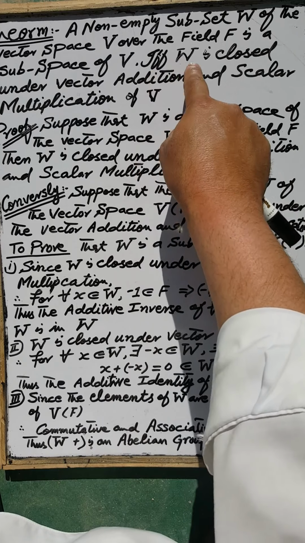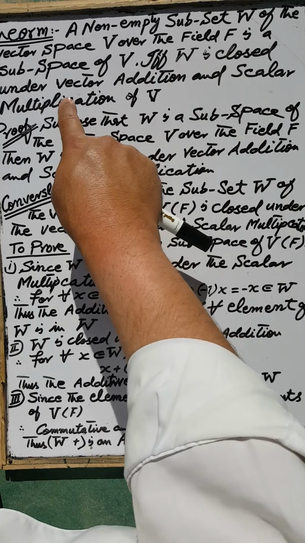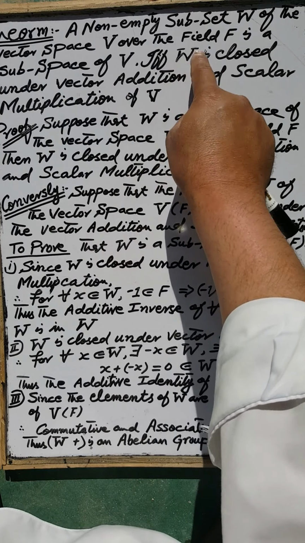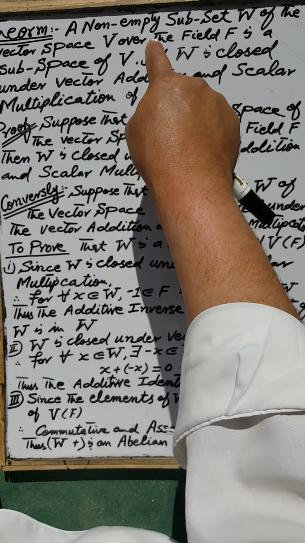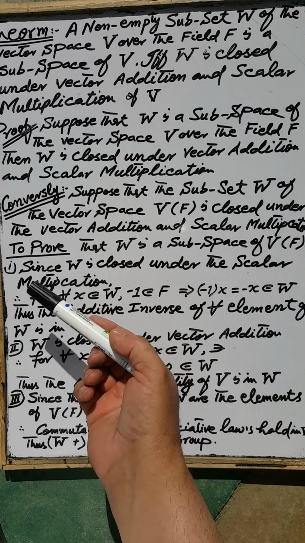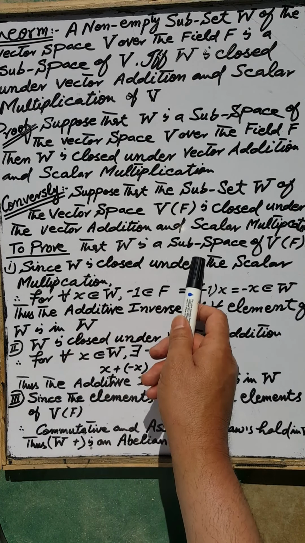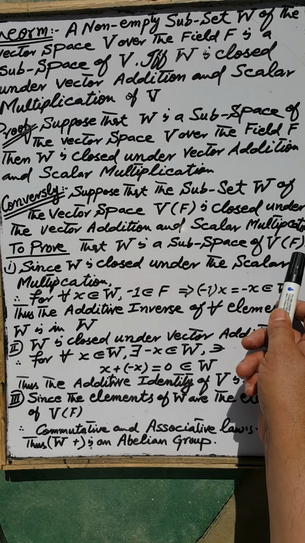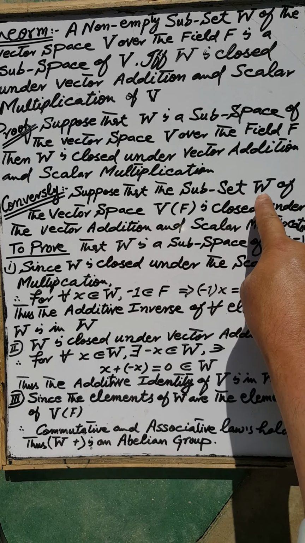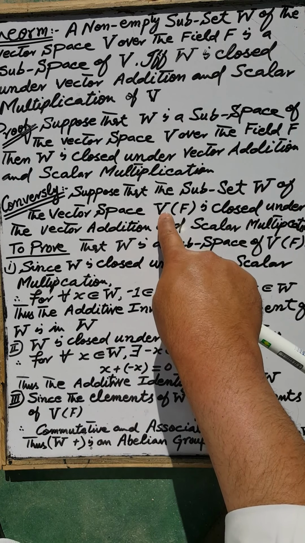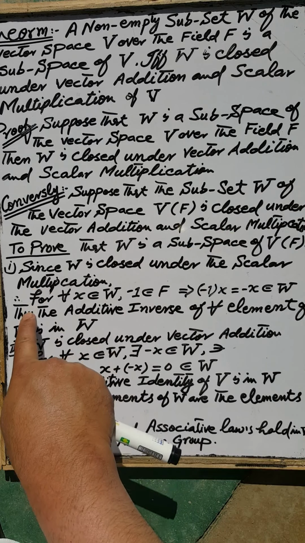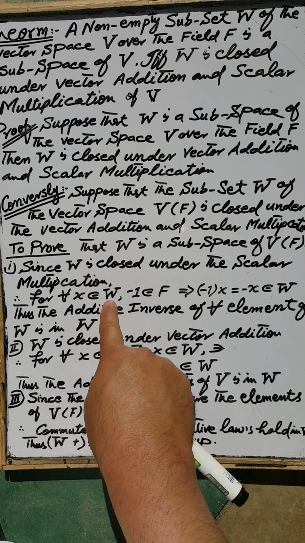We have to prove that W is a subspace of the vector space V over the field F. Since the subset W of V is closed under scalar multiplication, therefore for each element of W